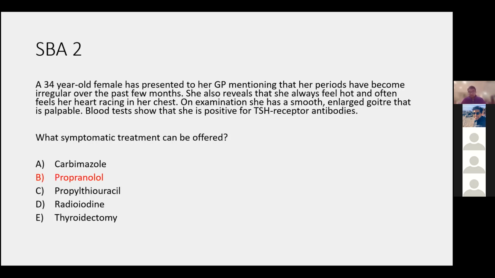While you may think about carbimazole or propylthiouracil being appropriate options for her, don't forget that these do take some time to act and they wouldn't resolve the symptoms straight away. So usually you'd give her some propranolol to tide her over until the antithyroid drugs take effect. Thyroidectomy can be considered in patients with Graves' disease, but this is usually considered after a trial of antithyroid drugs. Radioiodine treatment usually isn't given in Graves' disease. This is because it can actually worsen Thyroid Eye Disease, so it's usually avoided.